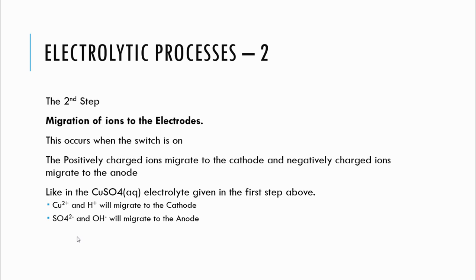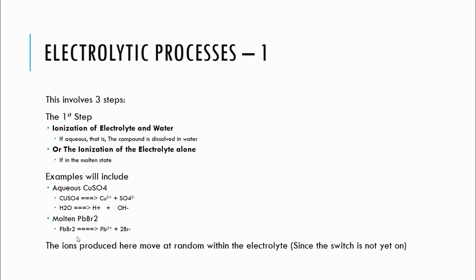Those ions that are dissociated will now start moving to their respective locations. Don't forget, I told you guys that the positive electrode will take the negative ion, while the negative electrode will take the positive ion. That's the idea. So the positively charged ion will go to the cathode because the cathode is negative, while the negatively charged ion will go to the anode because the anode is positive. So like in the CuSO4 electrolyte, given in the first step above for the CuSO4 aqueous here,